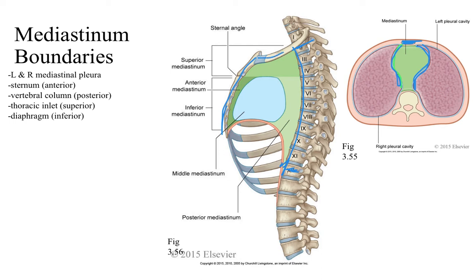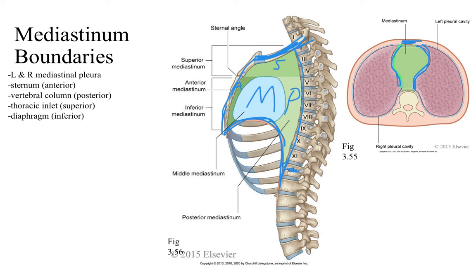The superior thoracic inlet is the superior border, and of course that is defined by the first rib there. And then the inferior border is the diaphragm. All right, the diaphragm forms the inferior border of the mediastinum. Also notice that the mediastinum is divided into sections. So you have the superior mediastinum, the anterior mediastinum, the posterior mediastinum, and then the middle mediastinum. All right, and we're going to talk about what those are and what structures you can find in each one